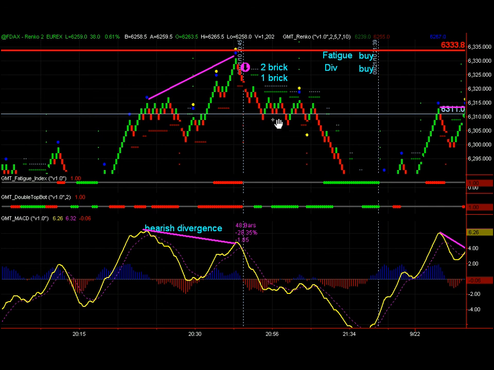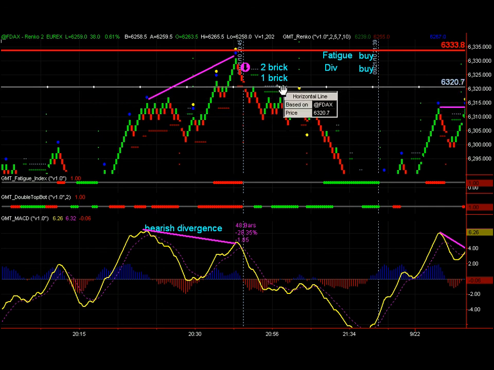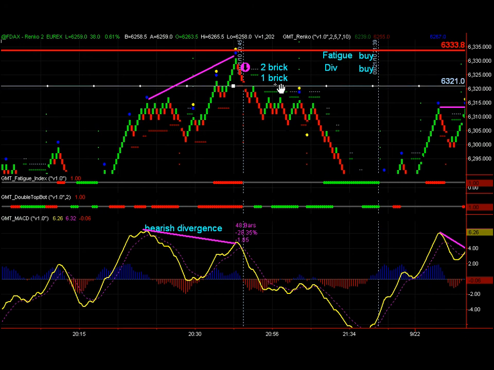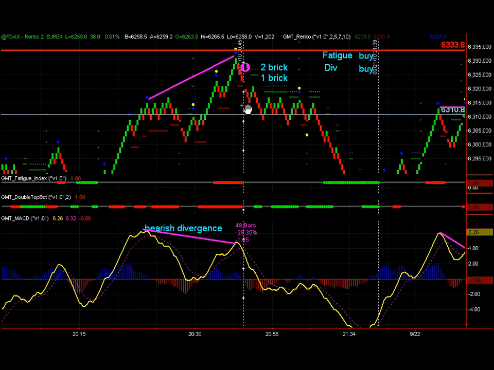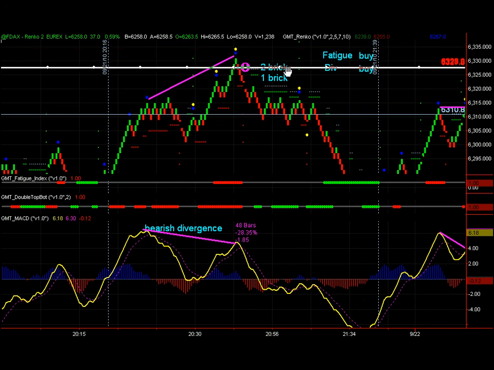So we get triggered into the trade, as we mentioned before, at 63.21, and you can see here that it has to go 10 points before we actually move the stop. The current stop is at 63.33, always 2 points above the previous swing high, and until that 10-point move occurs, the stop's always sitting up there above the previous swing high. So once it hits that 10 points, our stop then goes to either a 2 brick or a 1 brick,